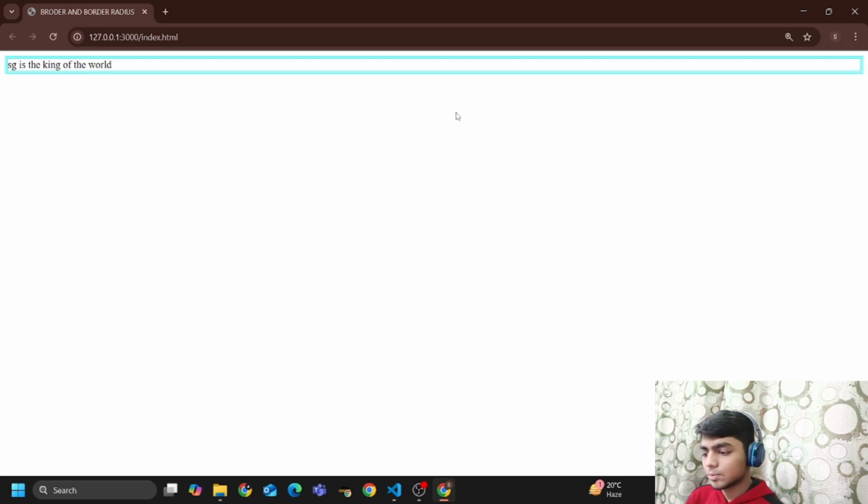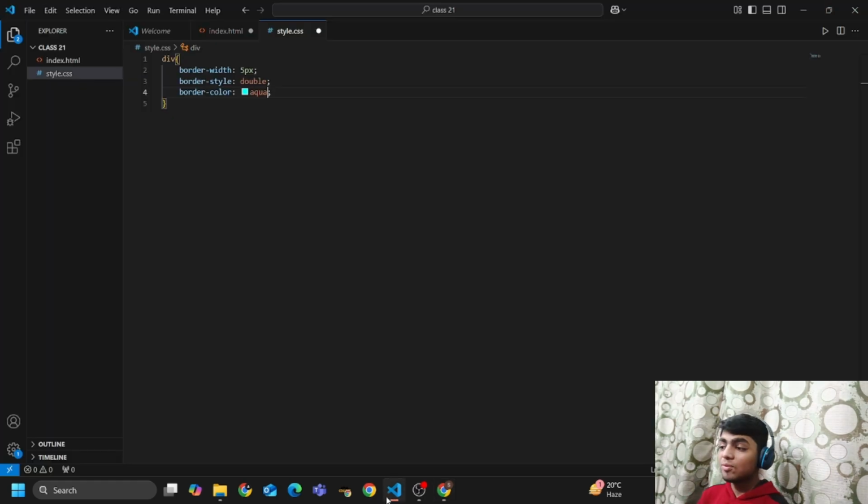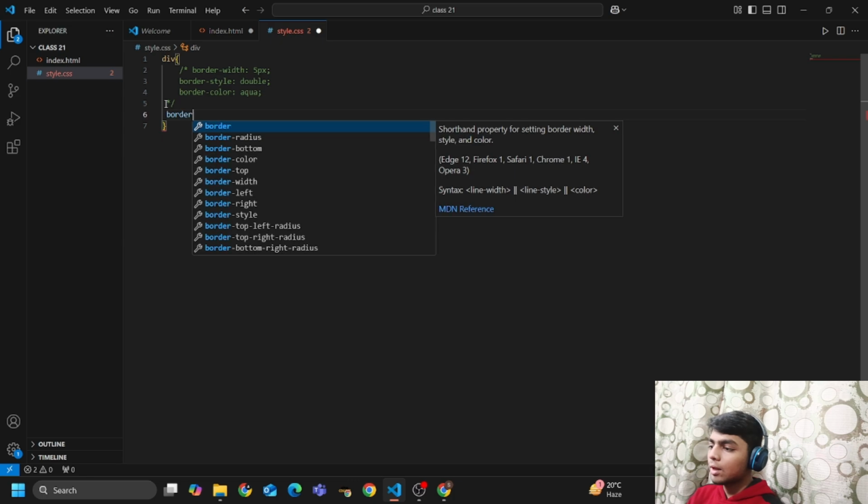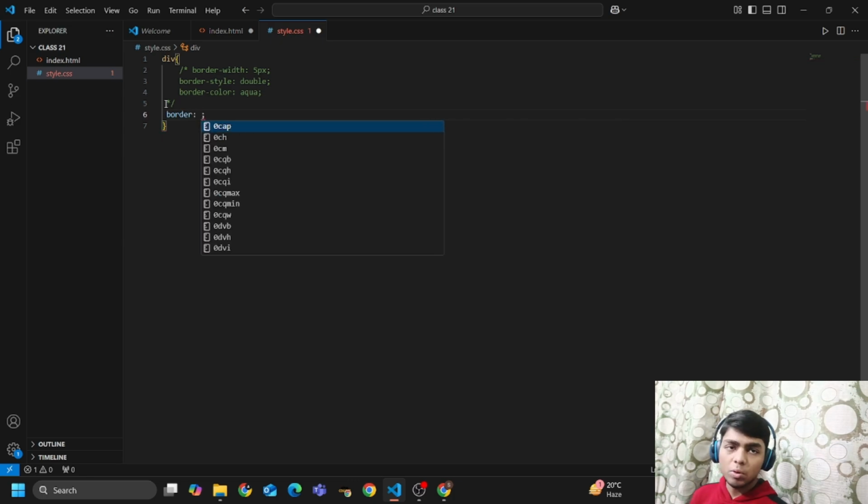Okay, but it's very messy to write all these three properties separately. So there is a shorthand for all these properties, that is border. See, if I just comment them out and write here border, in border we have to provide three parameters: border width, border style and border color.